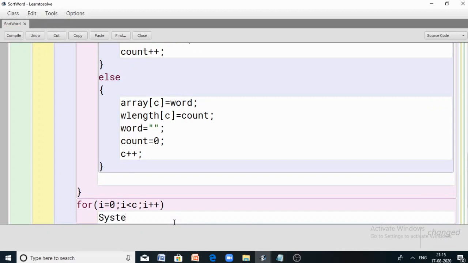So System.out.println. Now what I do is I display the values in this array. Let me display the array first. Array of i, then with a tab space. Within double quotes, let me give the tab space,